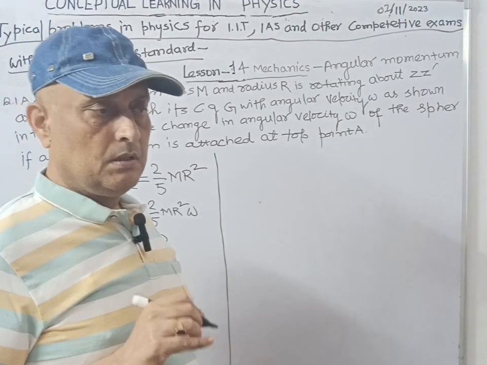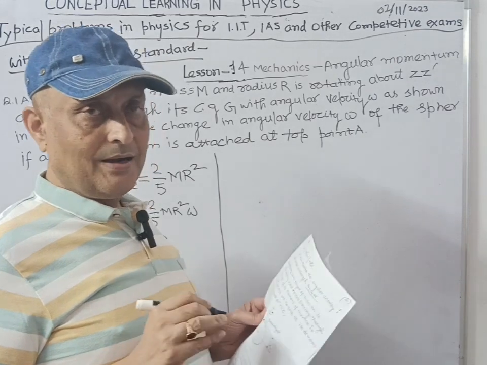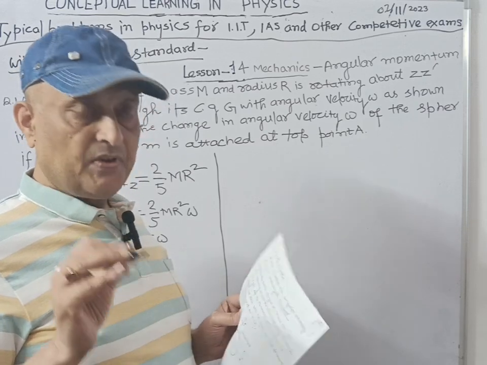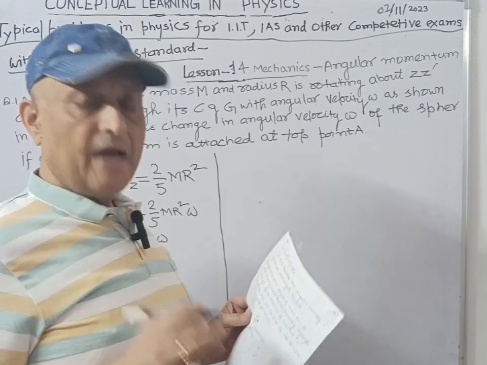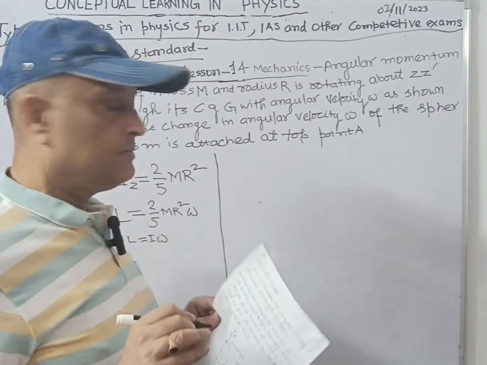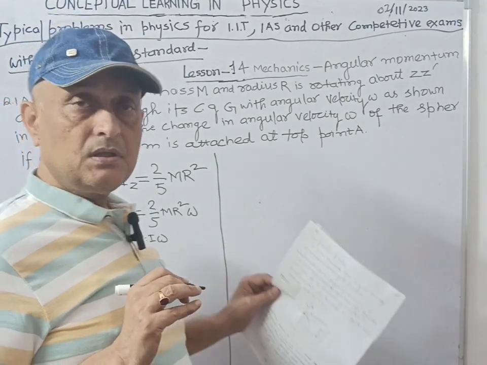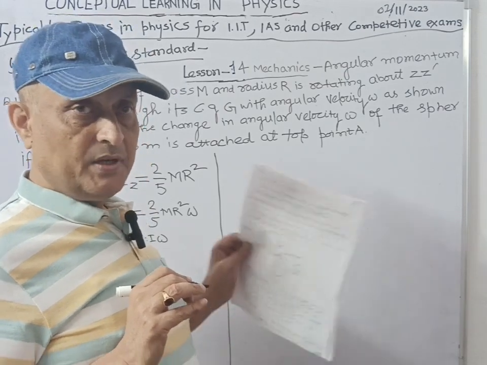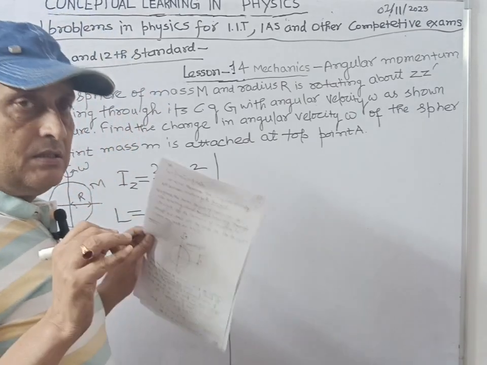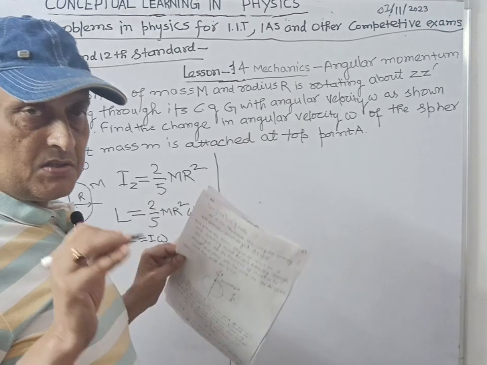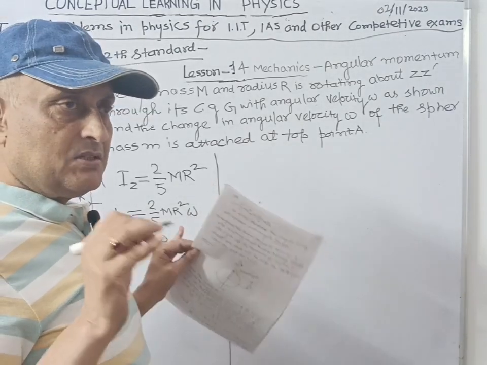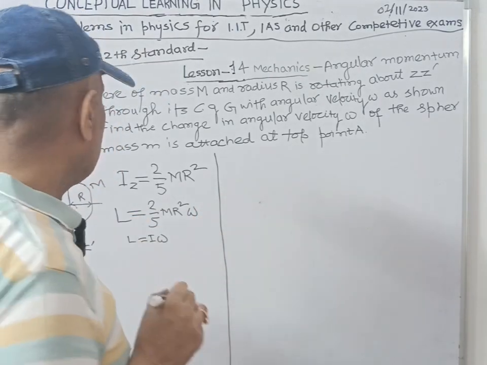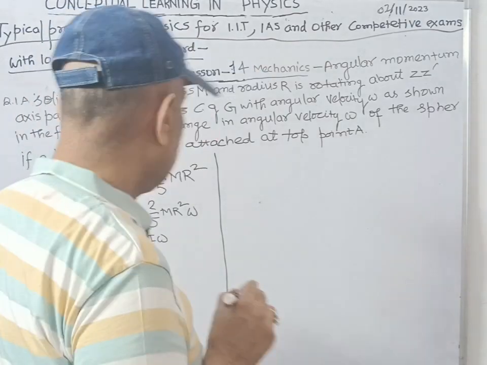Prior to the mass being attached, the sphere was having its angular momentum conserved, and so it is after the attachment of the mass at point A. So in both the cases, the angular momentum of the sphere or system will be conserved because there is no application of any external torque on this system or sphere. So in the second case,